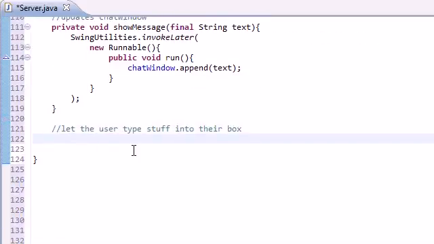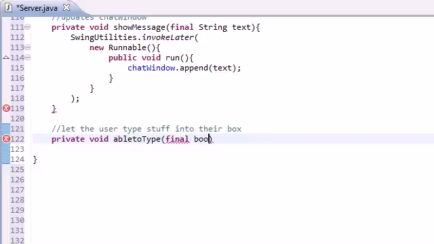Okay, good example. Alright, so now what I want to do is create private void able to type. I think that's what I named it, able to type. And here we're just going to pass in final boolean true or false. So again, whenever this able to type method is true, that means the user is able to type things. Whenever it's false, the user is not able to type things